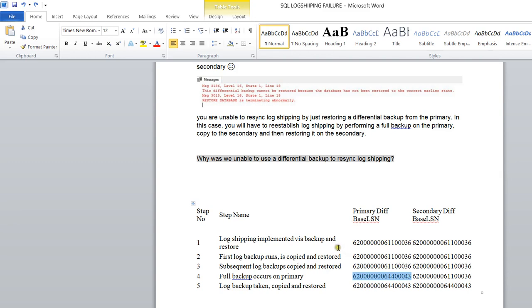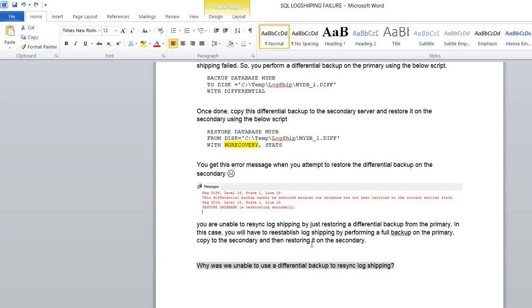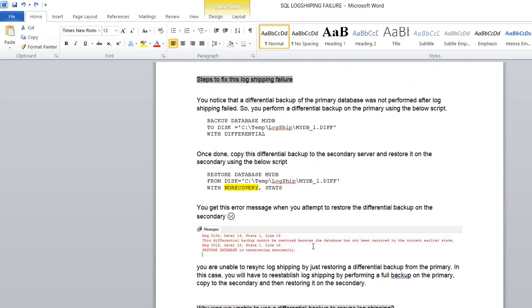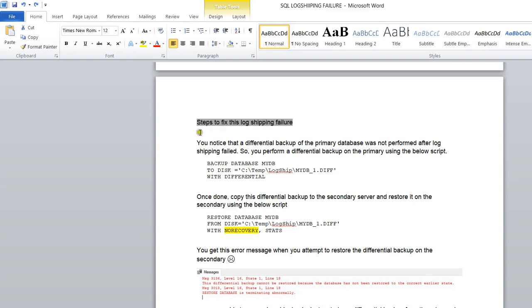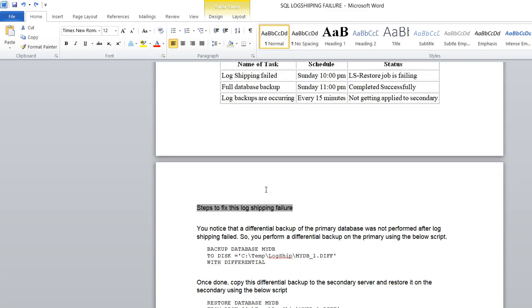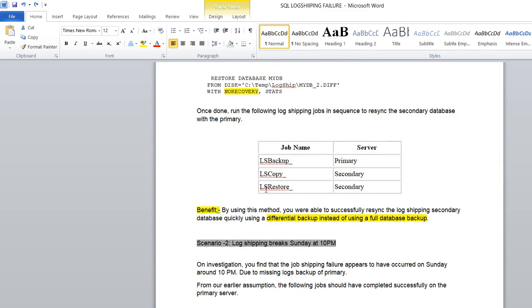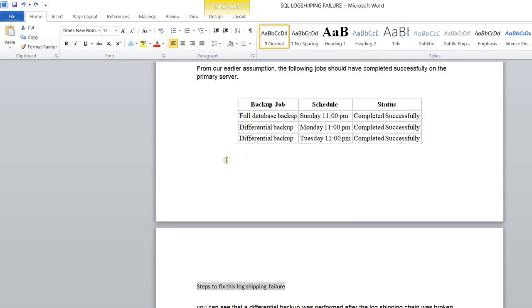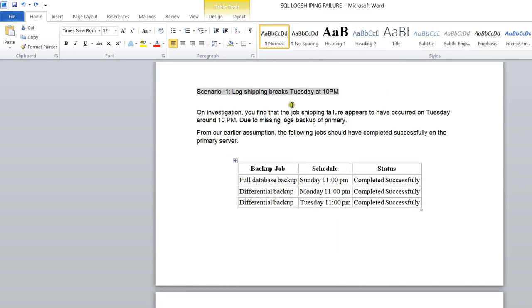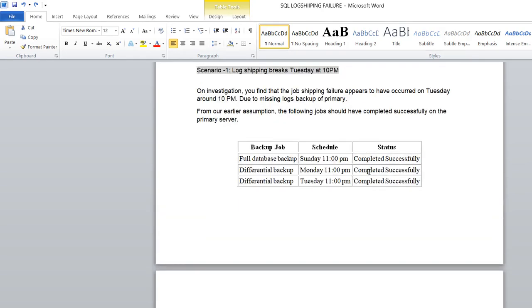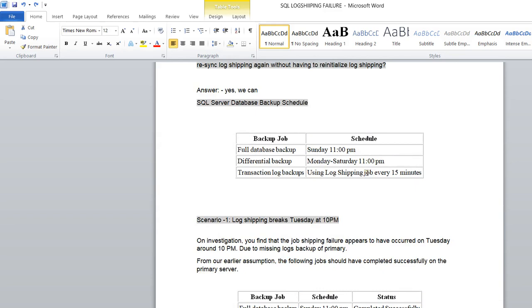Because of that, we are not able to apply the differential backup, and so we were not able to fix the scenario 2 issue. But if you go with scenario 1, yes, we are able to fix the issue with very minimal downtime, minimal time. No need to reinitiate the log shipping at all.